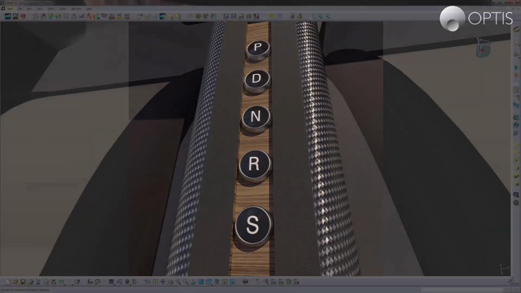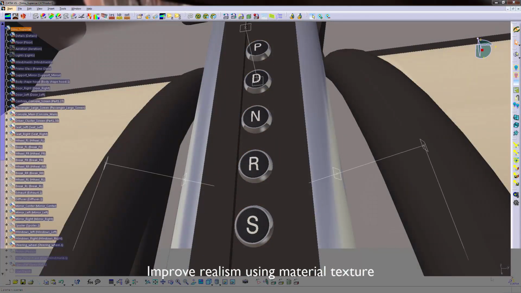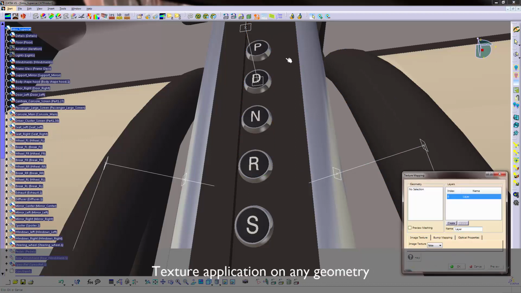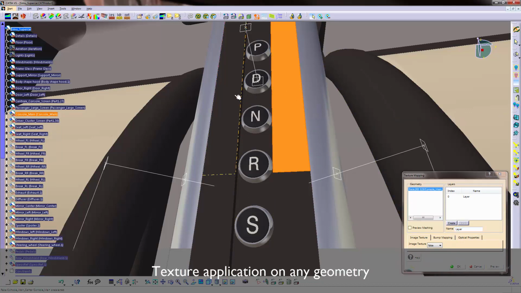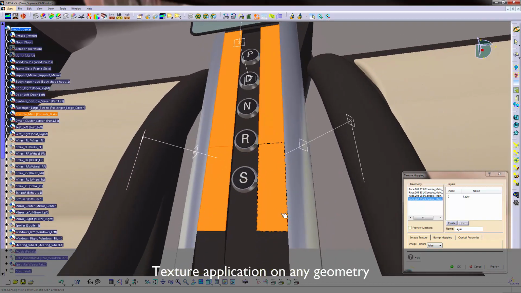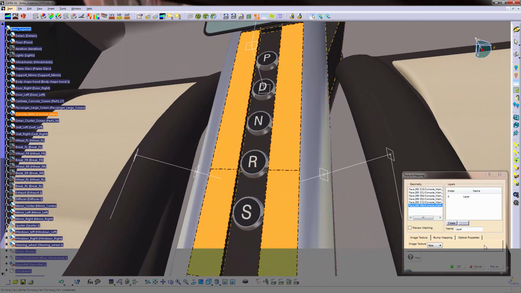We are now going to see the texture mapping process for a bump generation to create a grain plastic effect. In the texture mapping feature, you just need to set a few parameters to create your texture. First, select where you want to apply the texture. You can select faces, surfaces, or outer surfaces of bodies.